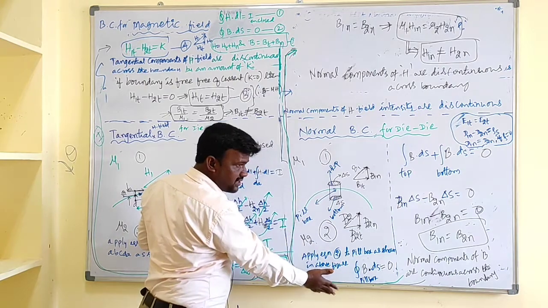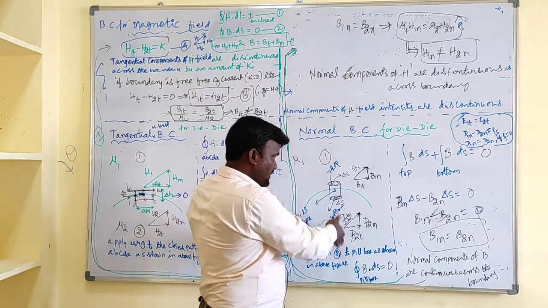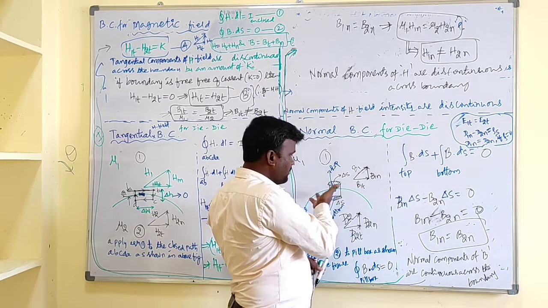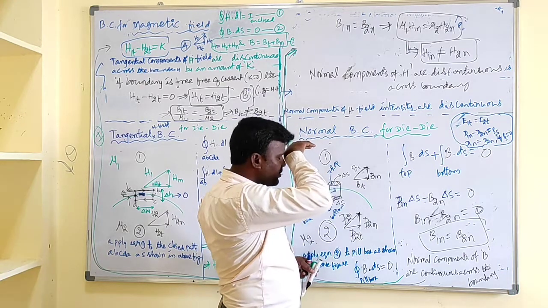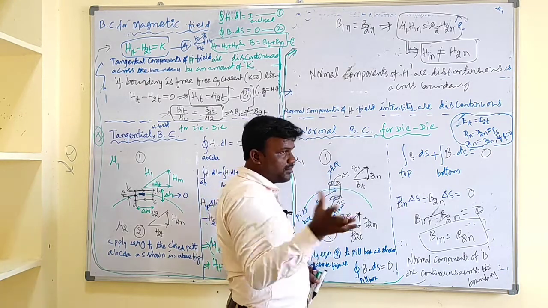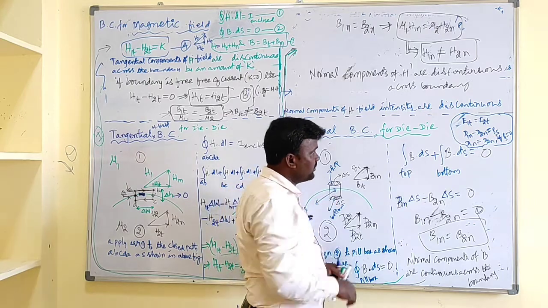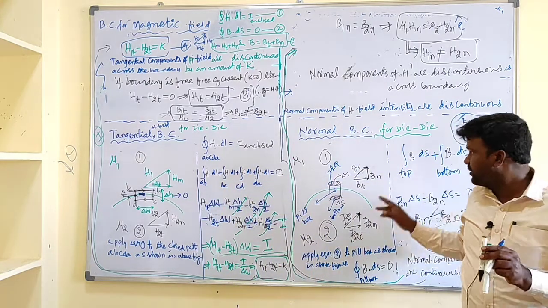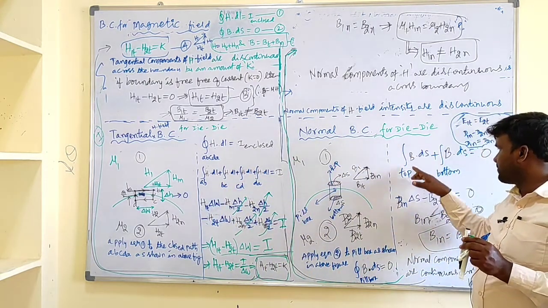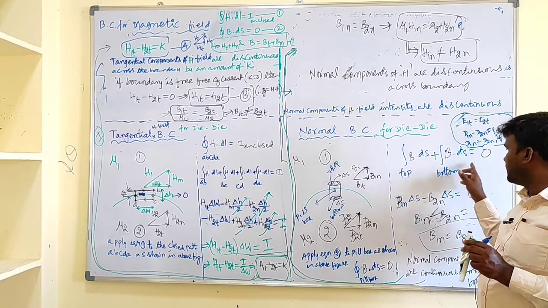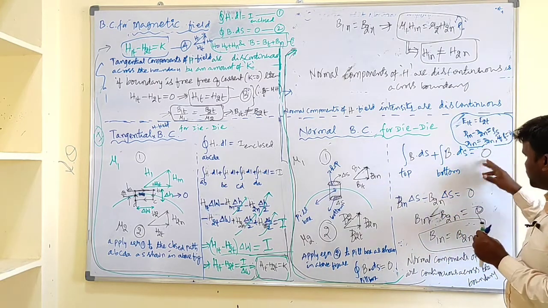If you apply equation 2 to the field box, the contribution due to the side surfaces becomes 0, that is, the integral of B dot ds is 0 there, but there exists some non-zero quantity for the top and bottom. So we need to take that closed surface integral as the open surface integral of B dot ds for the top and for the bottom, and it is equal to 0.